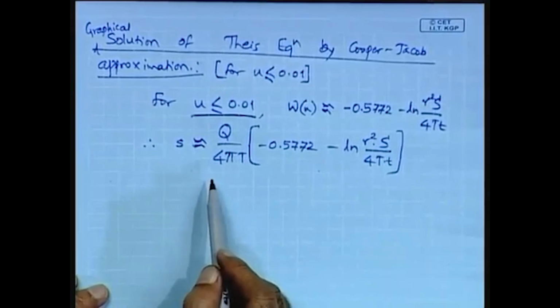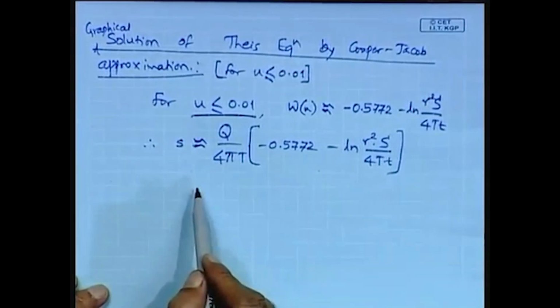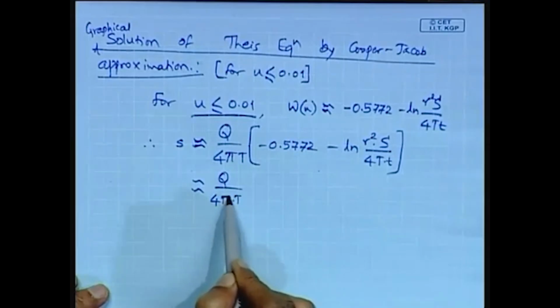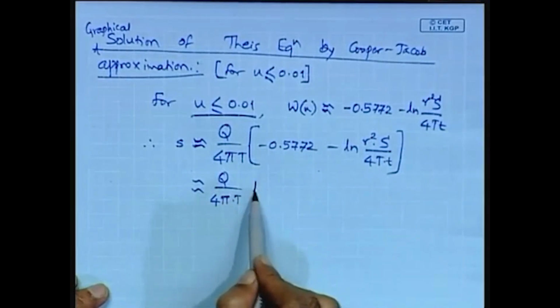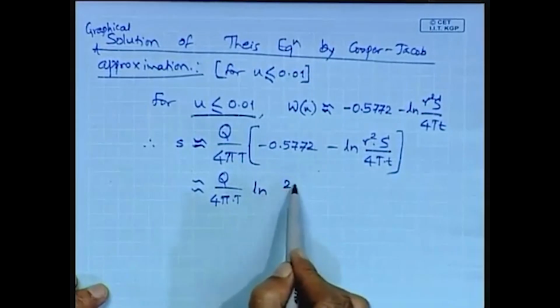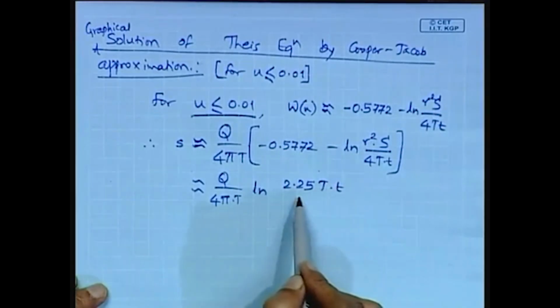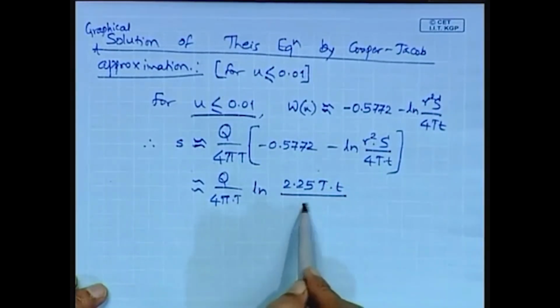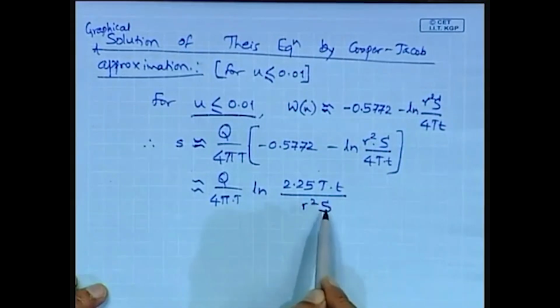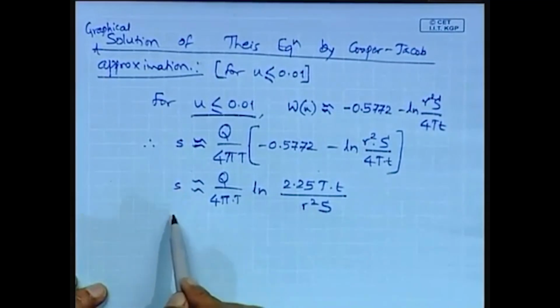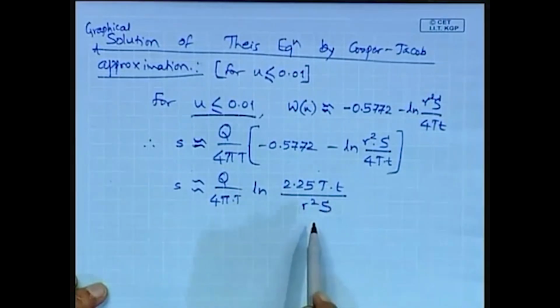So, in such a case, this S can be approximated as Q divided by 4 pi T, multiplied by the natural log of 2.25 T t divided by r square into S. So, this is the approximation, and in this case, what is done is,